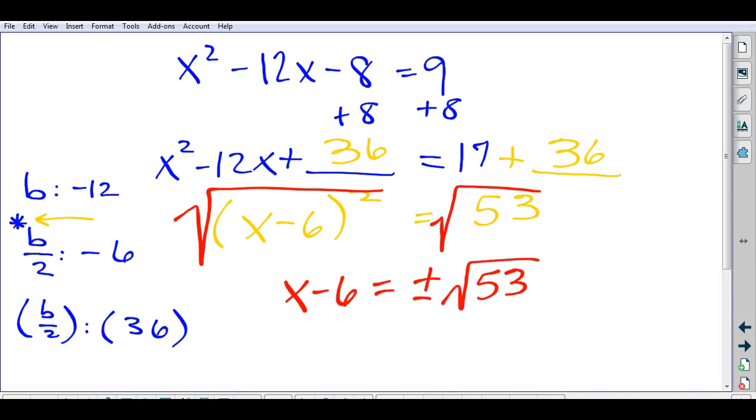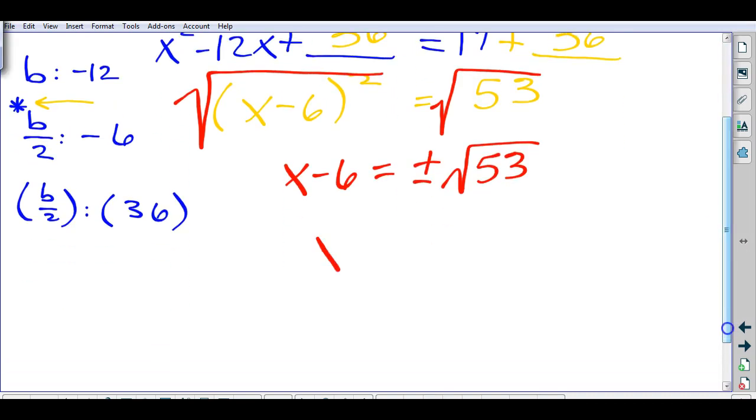Are there any perfects hiding out in 53? No. There's not. In fact, I think 53 is prime. I'm not certain. But I know there's not any perfects hiding out in there. So we are almost done. We have one more step. What's the last step? Push the -6 over to isolate x. So x is going